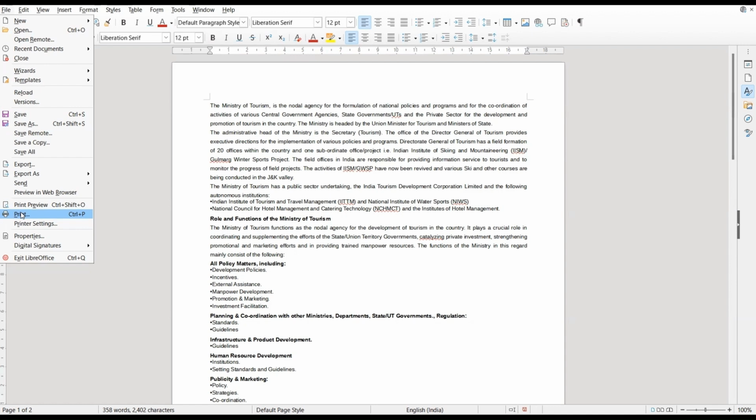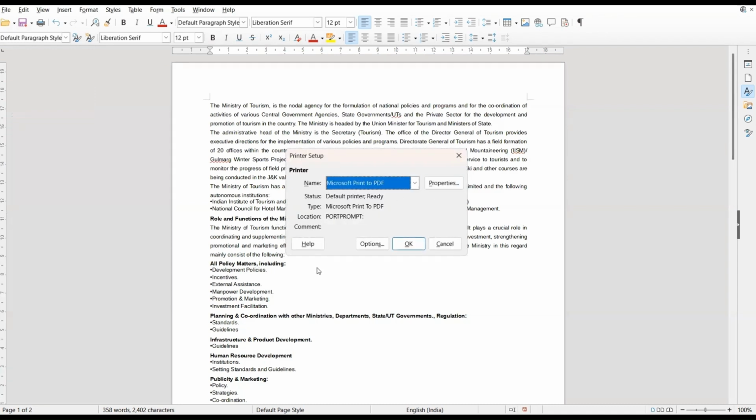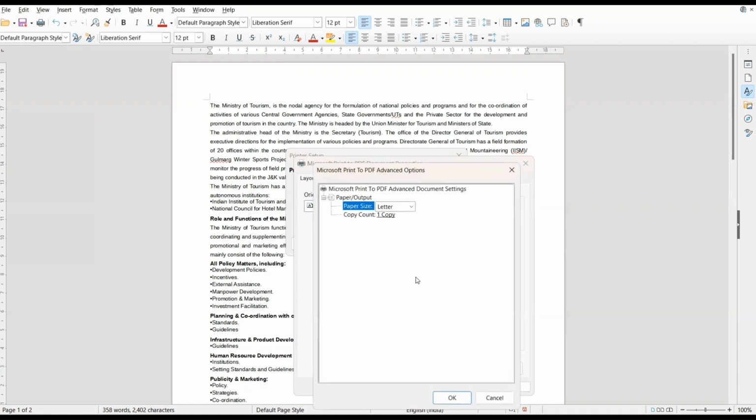So here what I am going to do, I am going to just click over here, that is the printer setting. A small window will appear like this, and here what you have to do, you have to click over here, that is the properties. After clicking on properties, you can find different options for the orientation. Like you have portrait orientation. If you want to change it to landscape one, you can. You can find different options in advanced also, that is for the paper size.